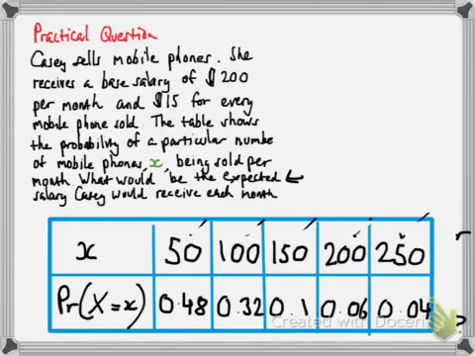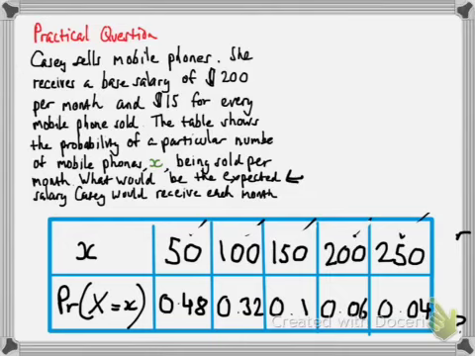Casey sells mobile phones. She receives a base salary of $200 per month and $15 for every mobile phone sold. The table shows the probability of a particular number of mobile phones, which we call X, being sold per month. What would be the expected salary Casey would receive each month? All right, let's find a formula which will tell us the salary, where X is